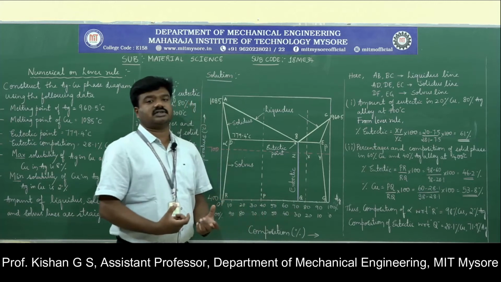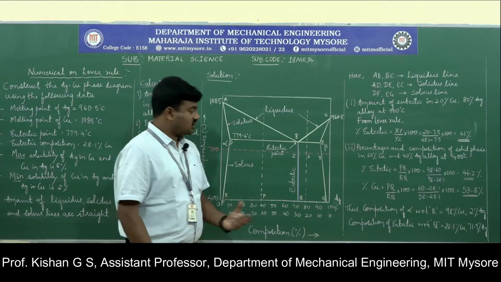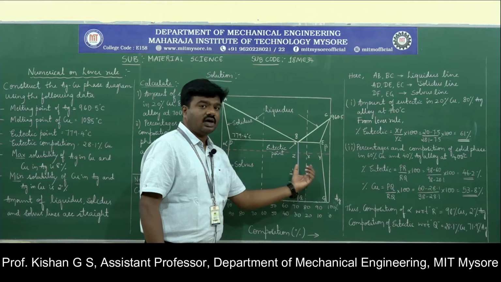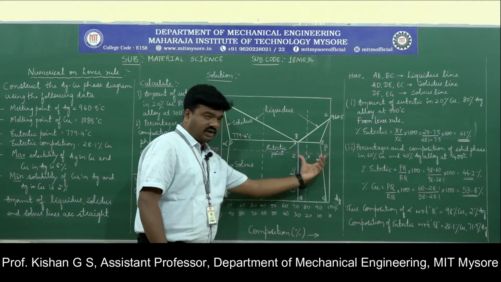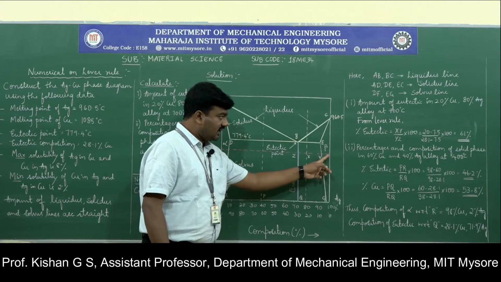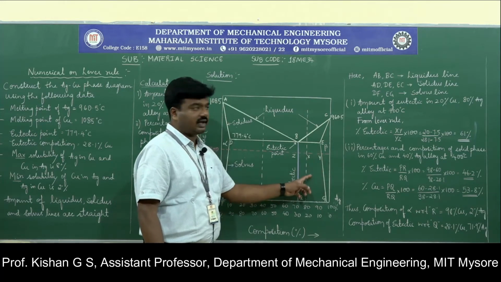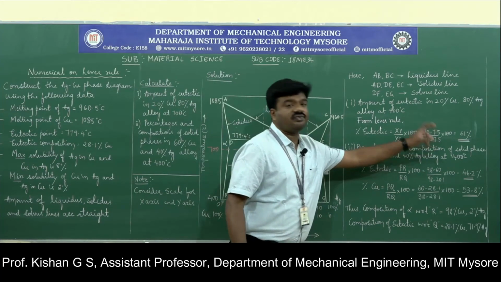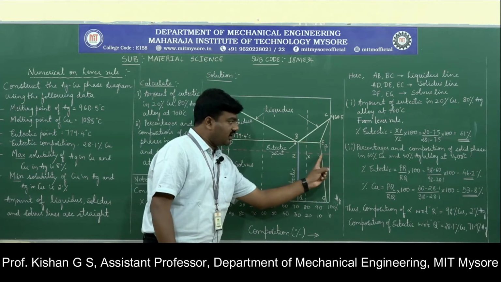Since we have taken on the x-axis 1 centimeter equal to 10% of composition, here it is the level of 20. But what do I need? I need the value of xy. So the overall length from the border, that is from 0 to x, is 20 minus the length between 0 and the point of intersection y on the solvus line. According to the scale we have considered, it represents 7.5 divisions. Hence 20 minus y to this particular point is 7.5.